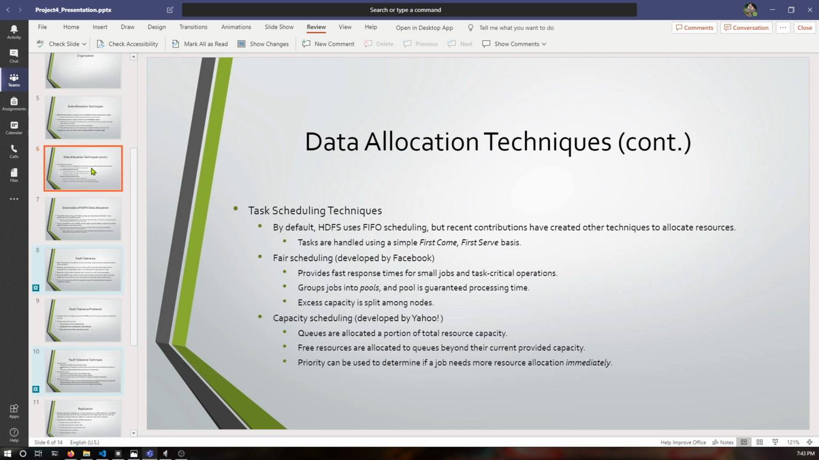And from there, no specific pool gets more resources than the other when a job pool completes. This is in contrast to the capacity scheduling algorithm, which was developed by Yahoo. In this algorithm, queues are used to prioritize nodes and jobs in the system. From there, once the prioritized job completes, the resources dedicated to that job are then reallocated to the highest priority